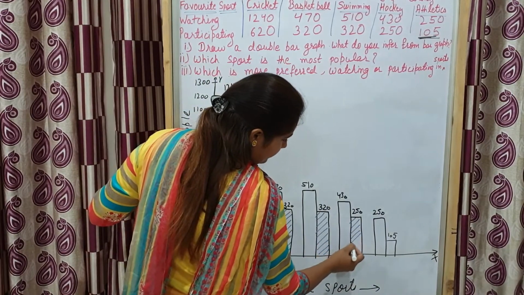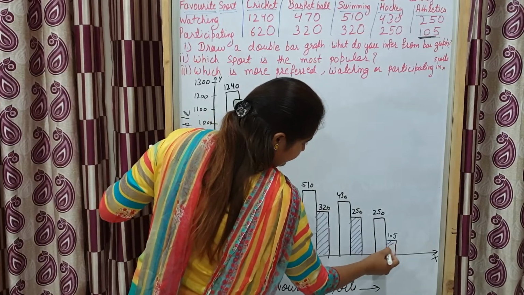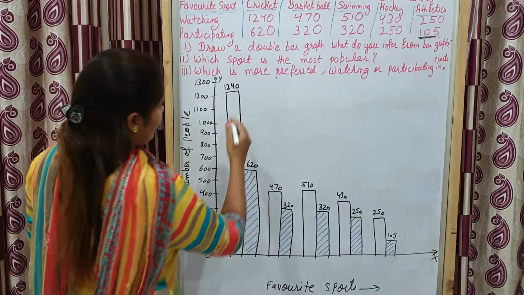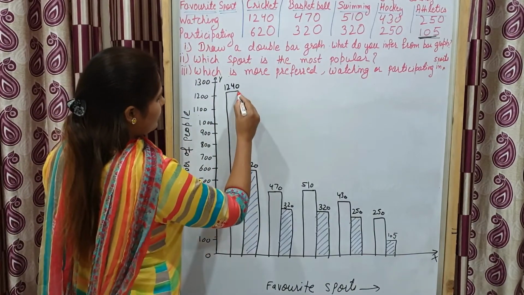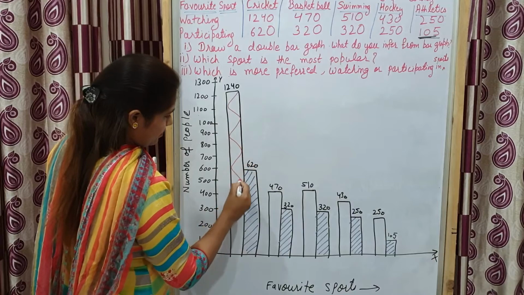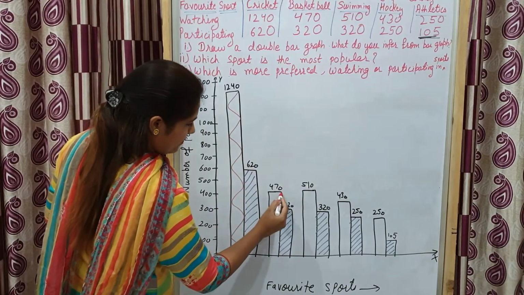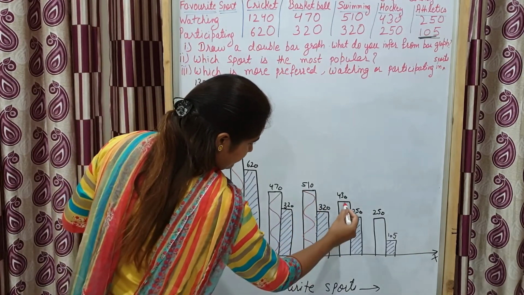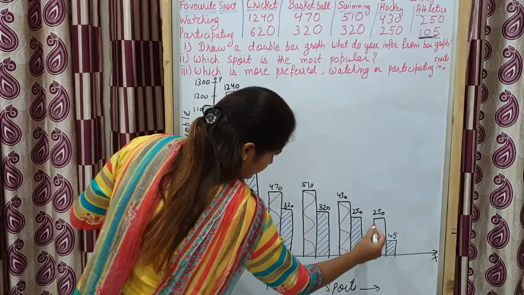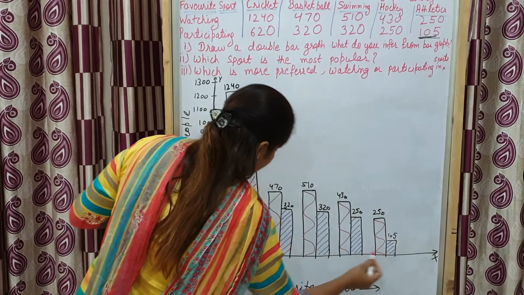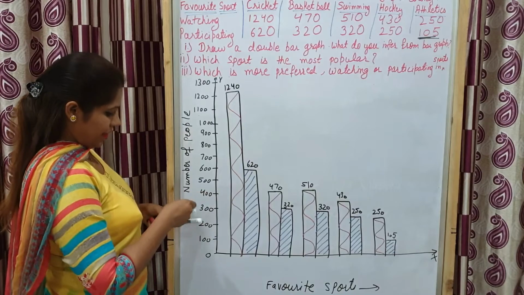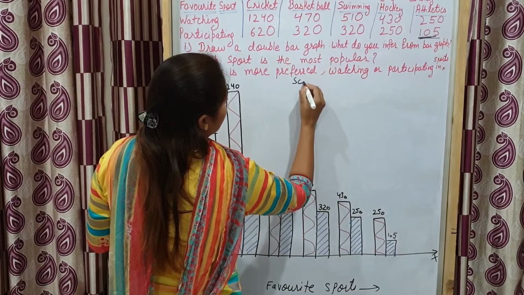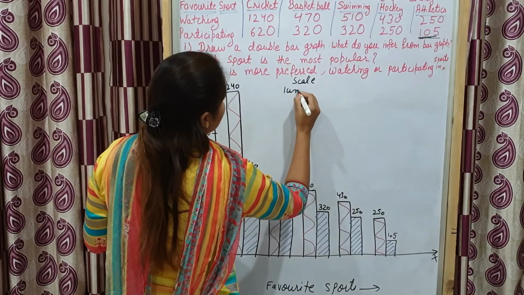So here I am drawing a line. Let's take another color. So I am going to take another. For this you can do like this also, any pattern. Now I will write the scale. First I am going to write the scale. Now the scale is student, 1 unit, that is very important.